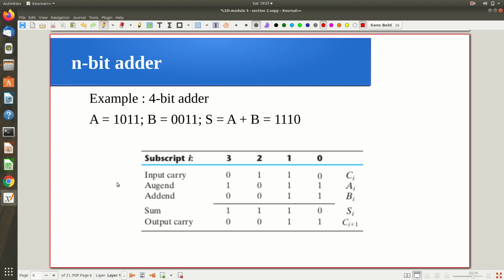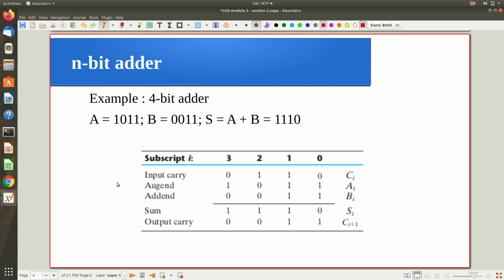What we've seen so far is a single bit adder, just how to add 2 bits, as well as how to add 2 bits and a carry. So totally 3 bits. So the half adder performed 2 bit addition and the full adder performed 3 bit addition, like 2 actual input bits and a carry. Now using this half adder and full adder, can you implement something called an n bit adder? I mean the generalized adder.